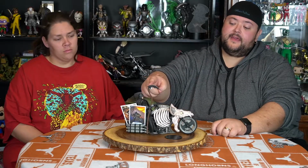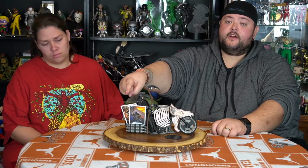And if that's not enough, you get 2 extra bonuses. With the bike and with the Batman, you get these cards that are over here, and they're pretty cool looking. And they have stats on the back. On top of that,